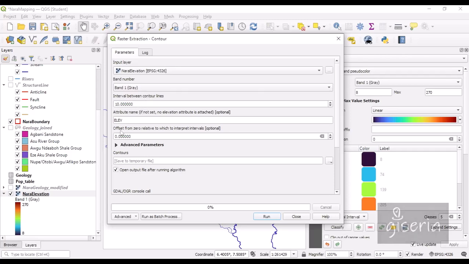In this case, they would represent lines of equal elevation. And so I want to ensure that these contour lines are 10 units apart. Now this contour interval is essentially in meters, so that means each line in the contour will be 10 meters apart. This is the attribute where the contour values are stored. It's the elevation attribute. And right now it's going to save to a temporary file. So I'm just going to click Run,